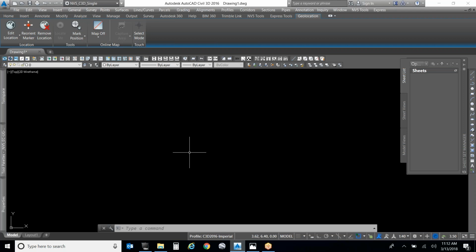All right, the new stuff, pipe networks, plan view. So I'm going to try to do this from scratch using an existing job as my base, but I'm going to create all this on the fly, so hopefully it goes well. First thing to cover, there are two ways to create pipe networks inside Civil 3D here at NV5. The first is the default AutoCAD Civil 3D workflow out of the box. Basically what it does is it uses your standard pipe rules to set the pipe elevations, and that's all you got. Here at NV5, we're fortunate enough to have our own proprietary way of setting pipe networks through the NV5 tools,